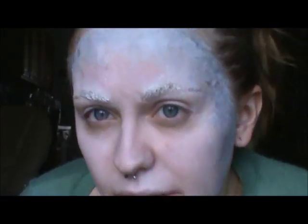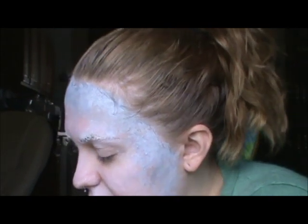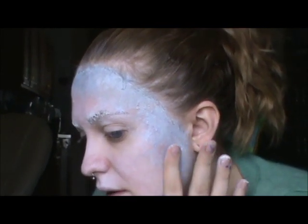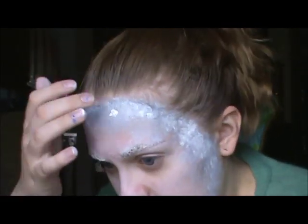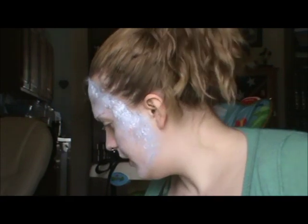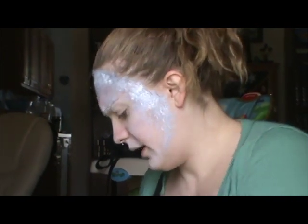And hopefully you can get a good idea of what's going on here. Lighting in here is not the best, so we'll see how this turns out. Now that I have this blue around the edges, I'm going to go back in and just touch in some white. So now from here I'm going to take,